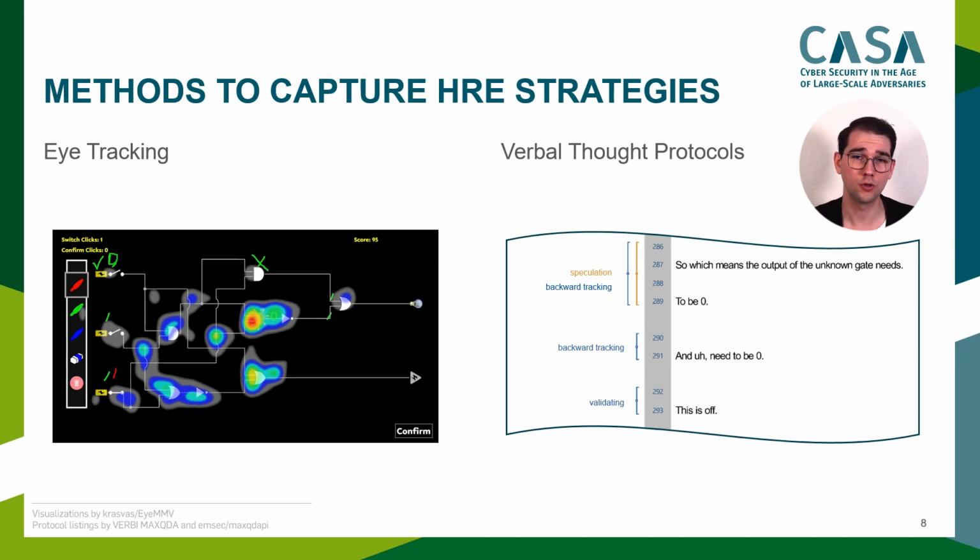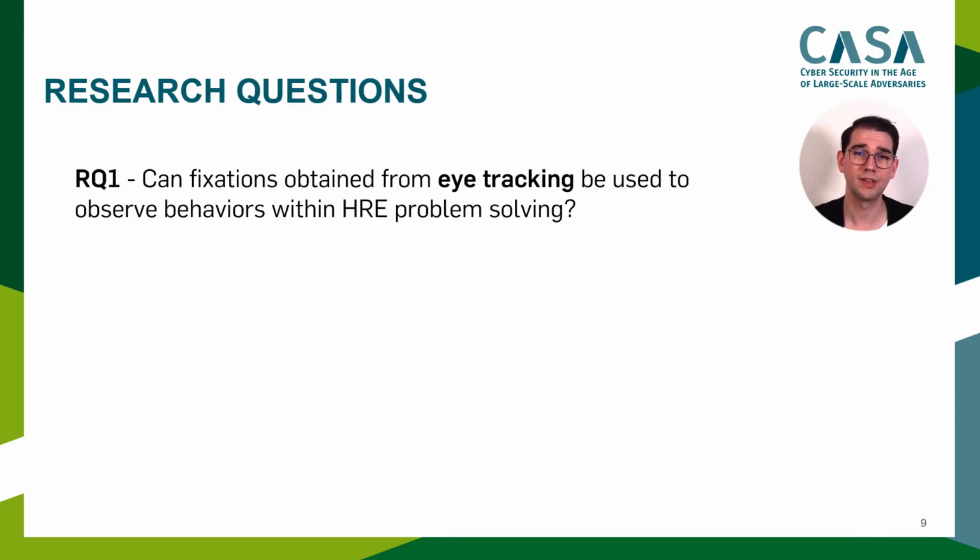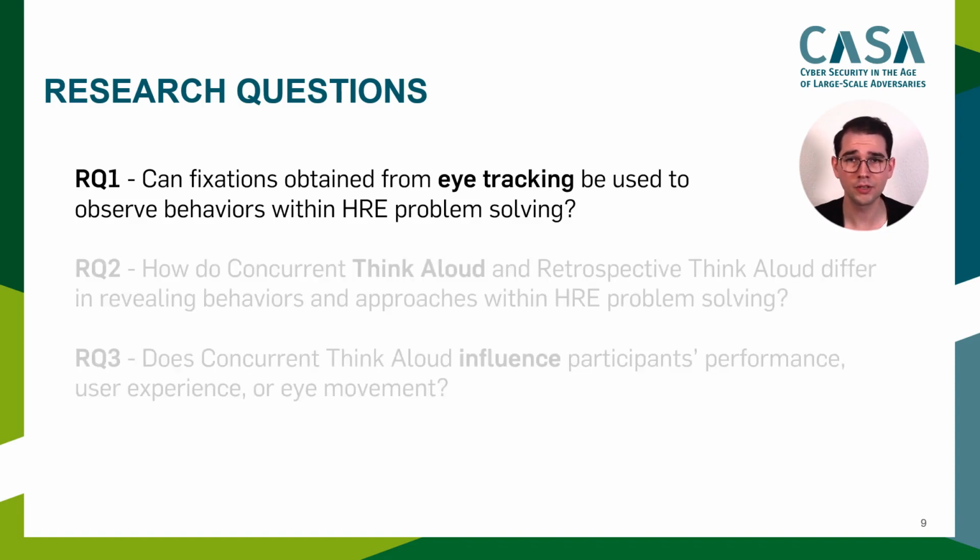In this study, we decided to combine both methods to overcome this challenge. This provides us with an even more comprehensive insight into hardware reverse engineering problem solving. When implementing and evaluating the two methods in HRE, we were guided by 4 research questions. First, we investigated eye tracking by itself, asking whether fixations obtained from eye tracking can be used to observe behaviors within HRE problem solving. To ensure the methodological soundness of combining this method with Think Aloud, RQ2 and RQ3 called for an extensive evaluation to ensure that this combination still produces high-quality data and that it also doesn't negatively